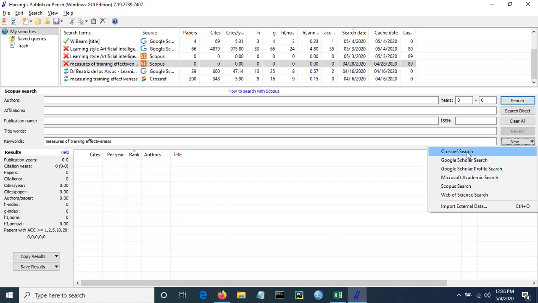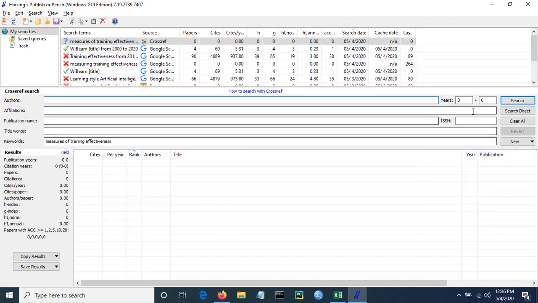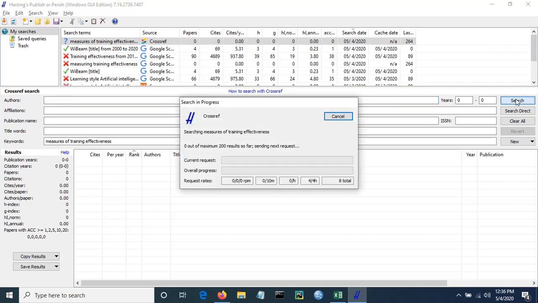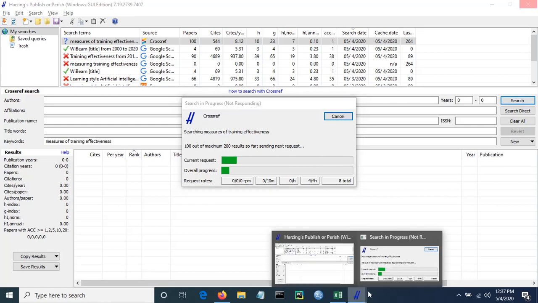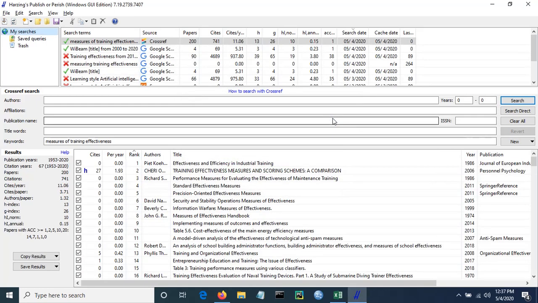You can actually use Crossref and do the same search again. So these are the results from Crossref.